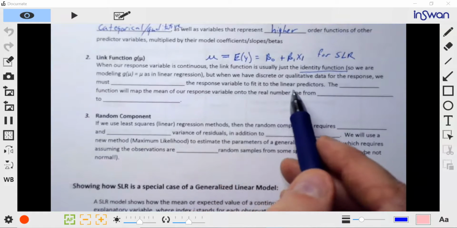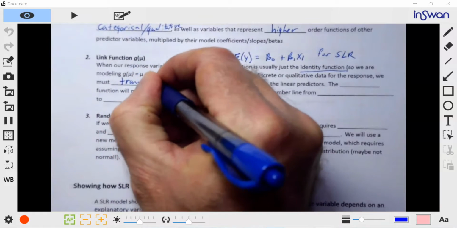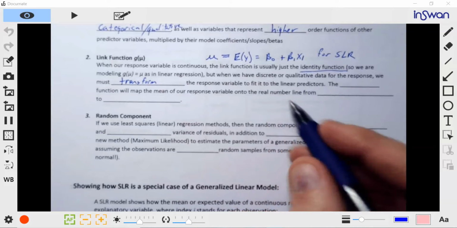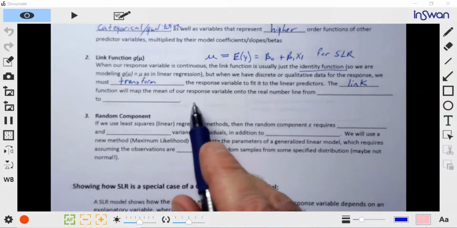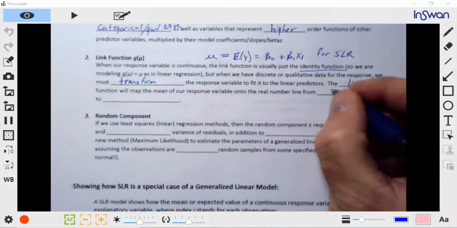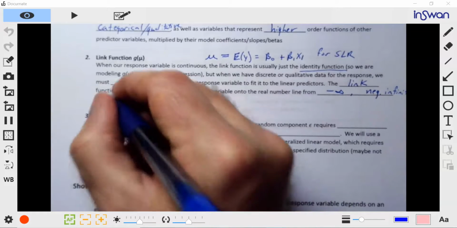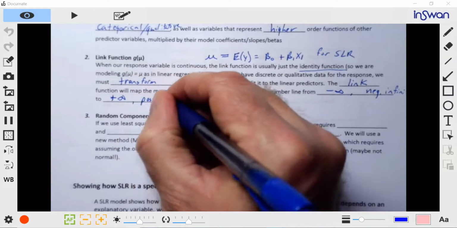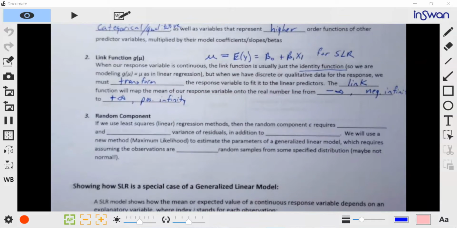But when we have discrete or qualitative data for the response, we must transform the response variable to fit to the linear predictors. And that transformation we're going to call a link function. The link function maps the mean of our response variable onto the real number line from negative infinity to positive infinity. So as you'll see, and I'll show you how this works for a binary response variable down below,